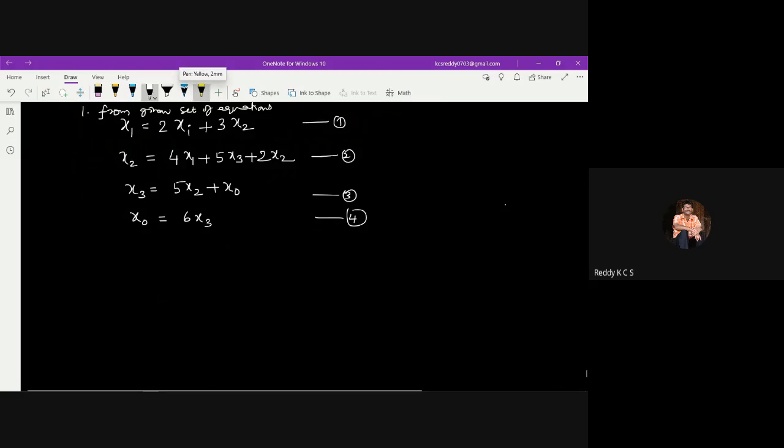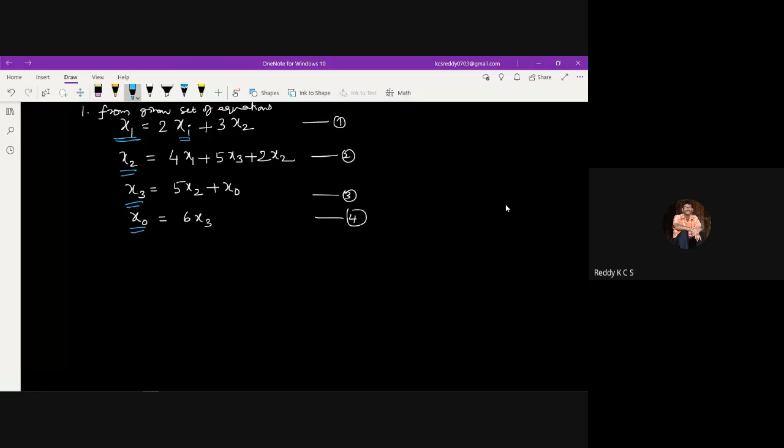First, whatever variables are present in this, for example x1, x2, x3, x0 and xi. These are the variables present in this set of equations. How many variables are present? There are 5 variables, so all the 5 variables are to be written. Here you need to find out the dependent and independent variables. xi is the only independent variable, because x2 also depends on x1 and x3.